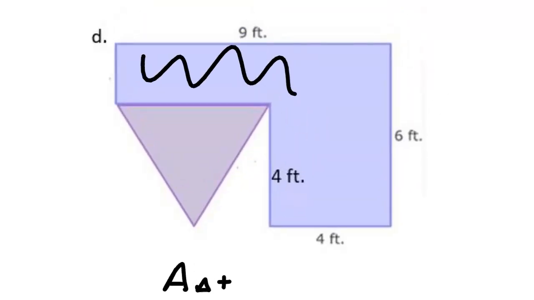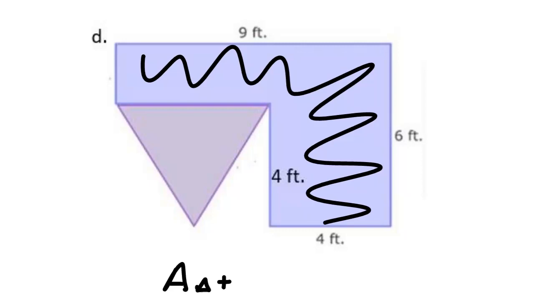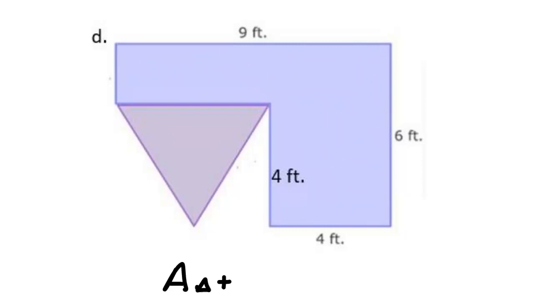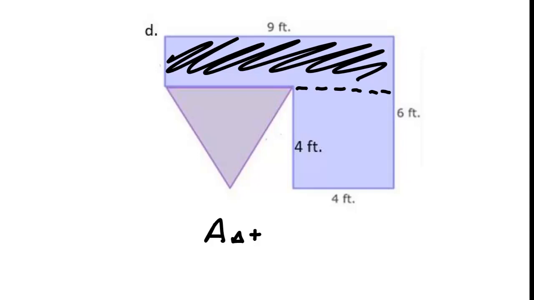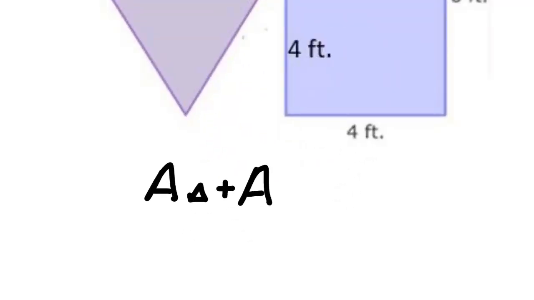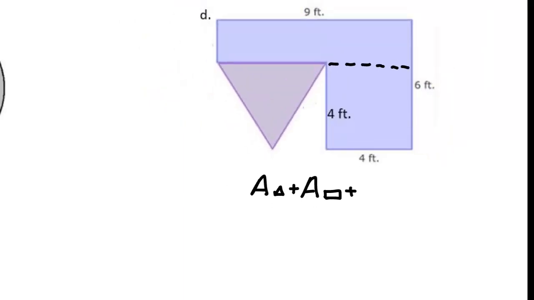plus, and then I need to take this figure right here and cut it into some shapes that I know the names of. So I could choose to cut it right here, or I could choose to cut it right here. Either way, I can solve this problem because now I've turned it into shapes that I know the names of. I'm going to go ahead and cut it this way. What would we call this shape now? A rectangle. So the area of my triangle plus the area of a rectangle plus, and then we've got this